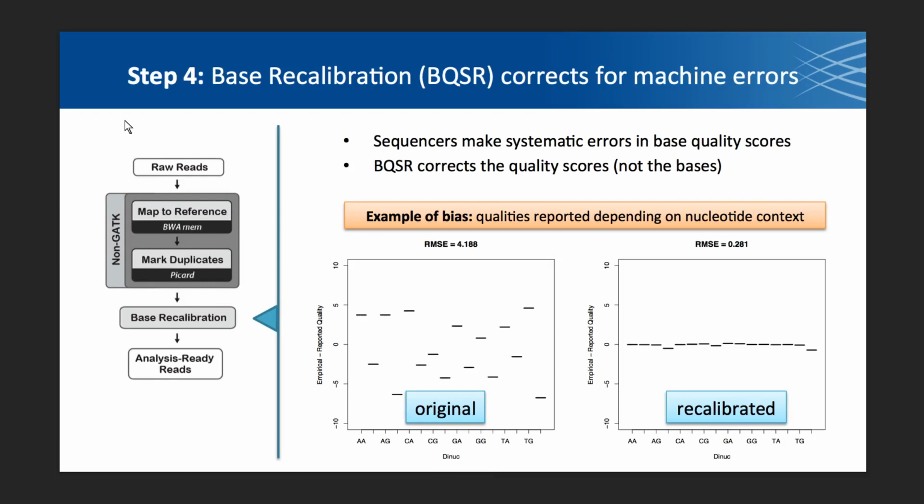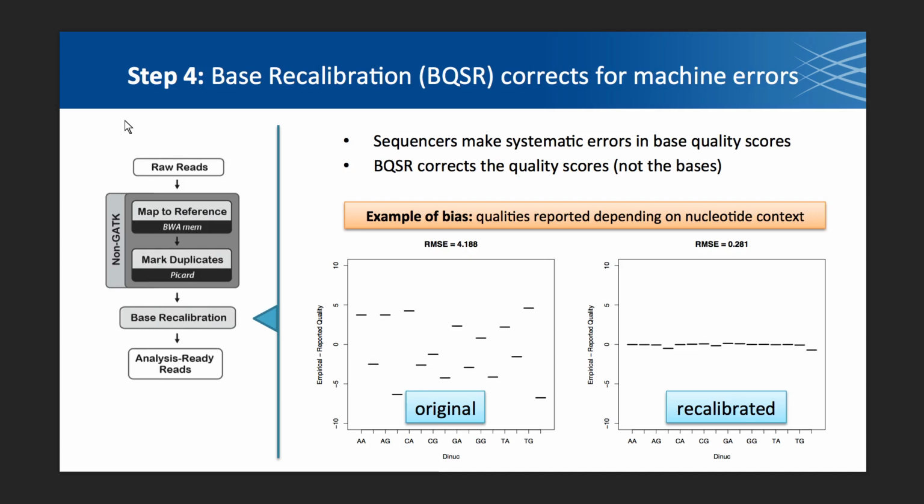Finally, BQSR corrects the machine error. So it makes sure that we can take reads and we can say what is their actual quality versus what was the reported quality, right? And we can look at the differences. And so here's an example where we bin all the bases by their context, by their dinucleotide context, and we see the difference. This is plotted here. The difference between the reported quality and the